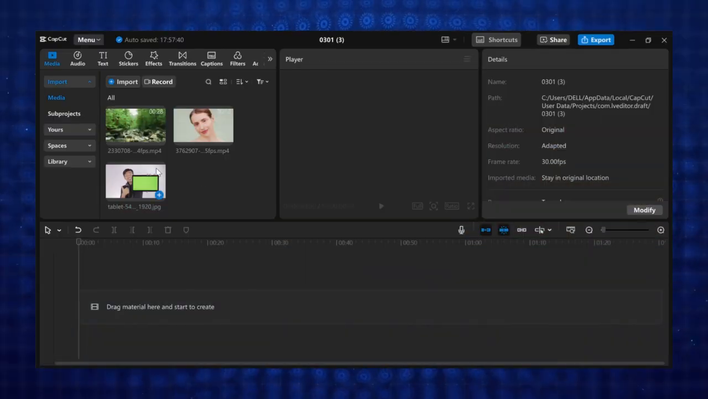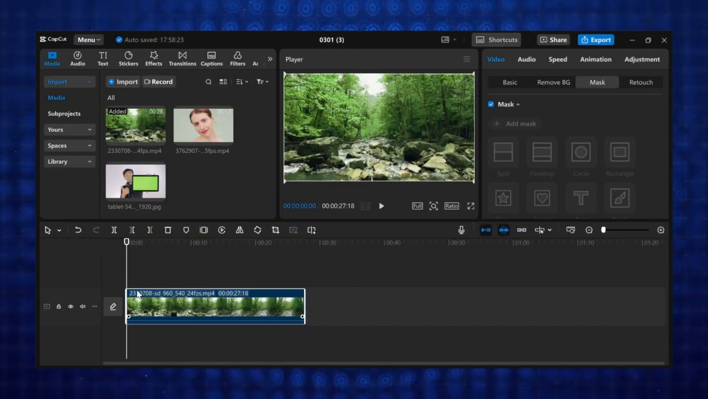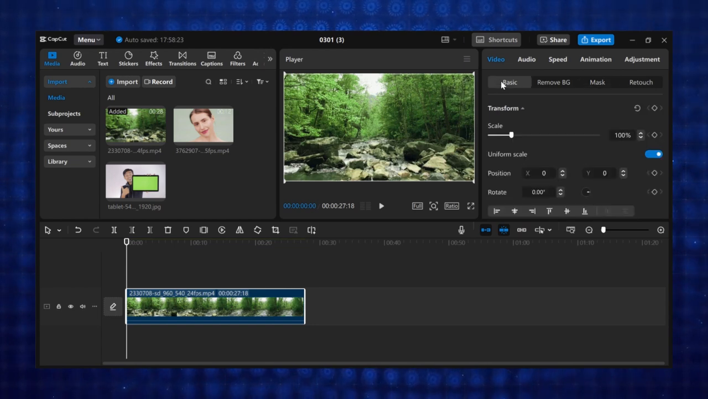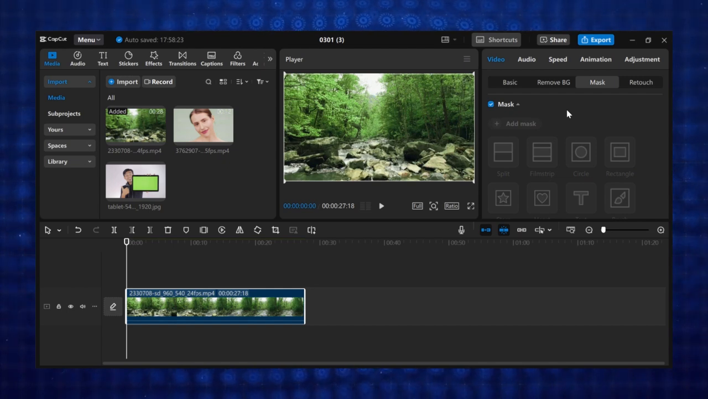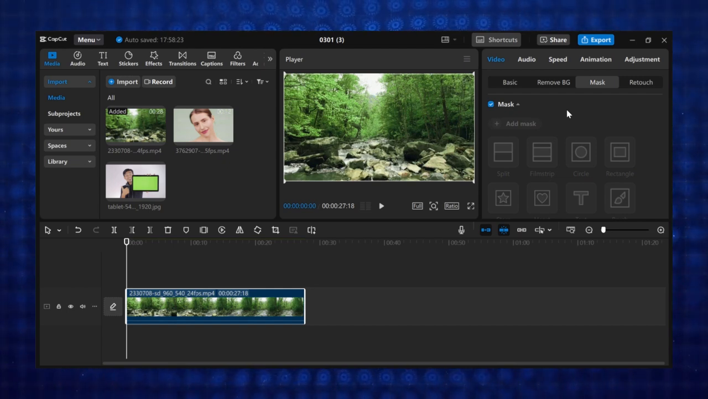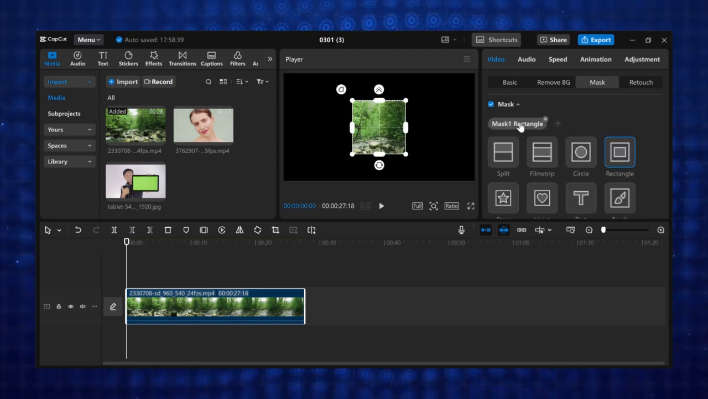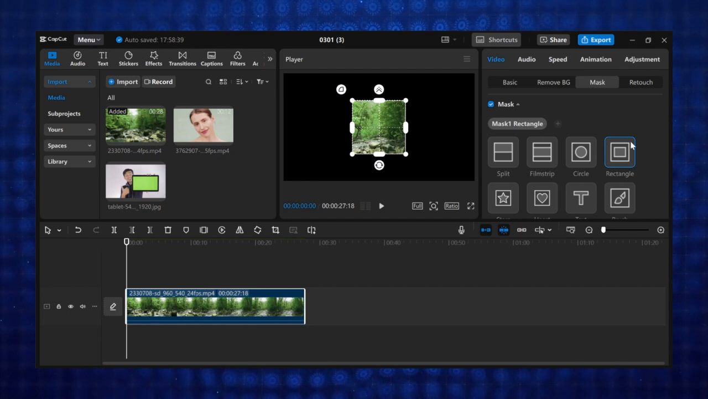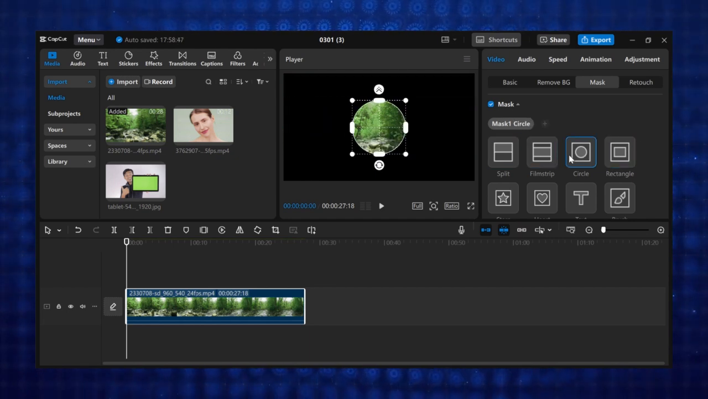So for you to use the mask feature, first import your footage to the timeline, then go to the Video tab, then select Mask. If you are using the old version of CapCut, you can just select the mask you want to use, but for the new version, before you can select any of the masks, you have to click on Add Mask first, and by default the rectangle mask will be selected, then you can change it to any mask you want. In all, CapCut has 9 masks and I am going to show you what each one